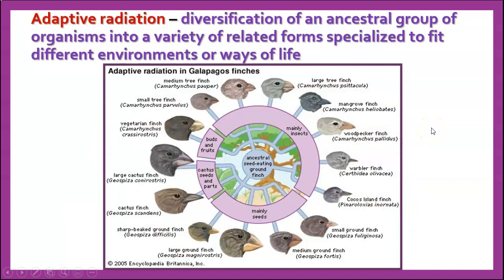Another example of these large-scale patterns is called adaptive radiation. Adaptive radiation is when an ancestral group of organisms diversifies into a variety of different forms that are specialized to fit different environments or ways of life. And this particular picture is showing some of the